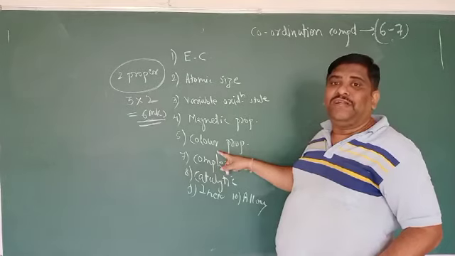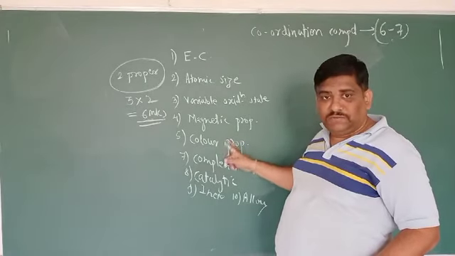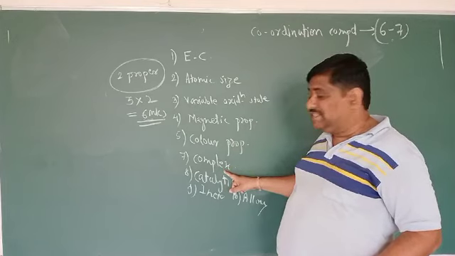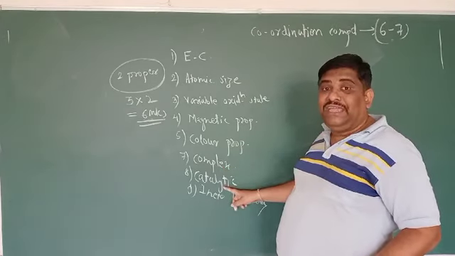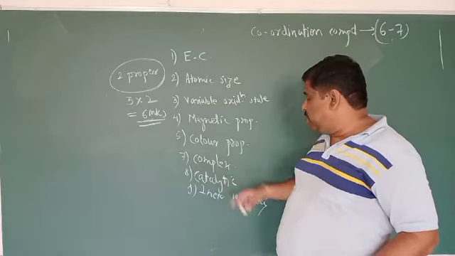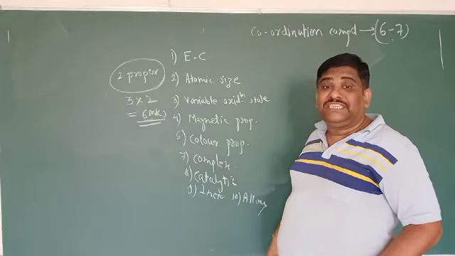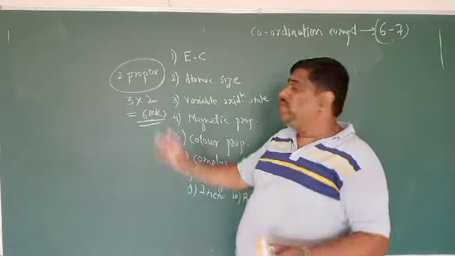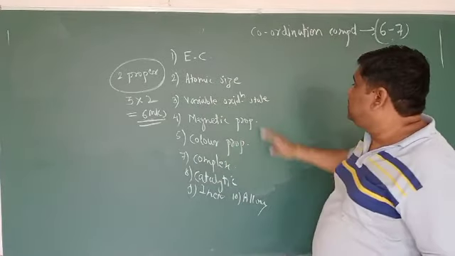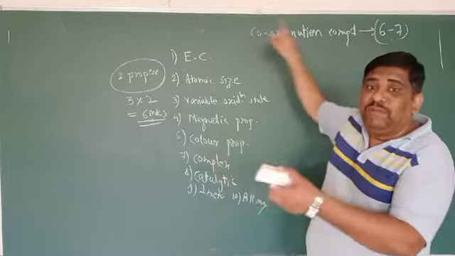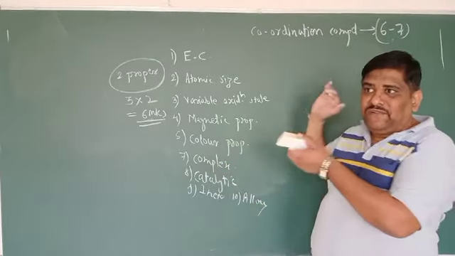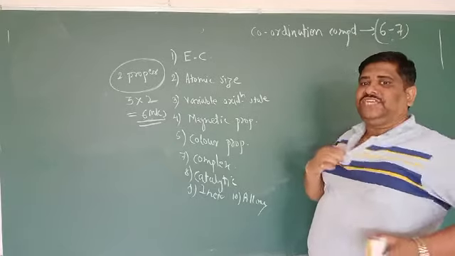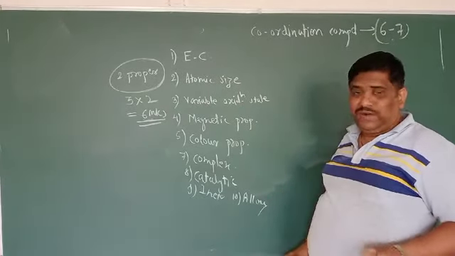Then what is the color property? The number of unpaired electrons is responsible for this, which you have to explain. Then complex formation, reasons. Catalytic property: why does the d block element give catalytic property? What do you mean by interstitial compounds, and what do you mean by alloy formation? With the reasons. You can list out the reasons and remember them. If you want, you can prepare a chart, so that if you refer to the chart, you can remember and answer the questions which can be asked on these 10 properties.